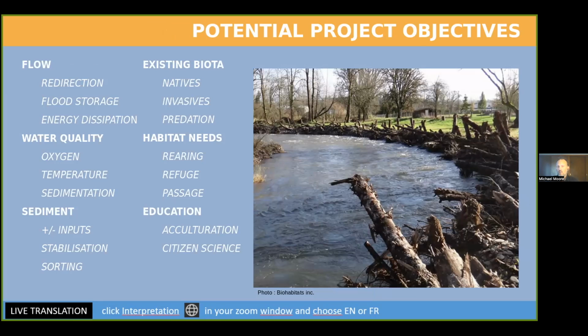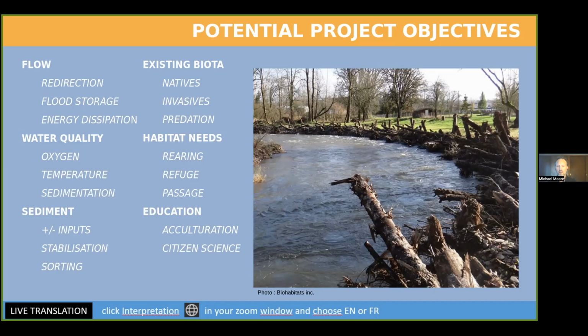We want to be looking at whether water quality is an issue, how we want sediment to be impacted, whether increasing sediment by directing flow into embankments or stabilizing embankments to reduce sediment for water quality purposes. And then again, mentioning the sorting of sediments as a possibility. Looking at existing biota, what species are native or invasive, and who's preying on who, and how we can avoid predation of target species. Looking at the habitat needs of those different species,